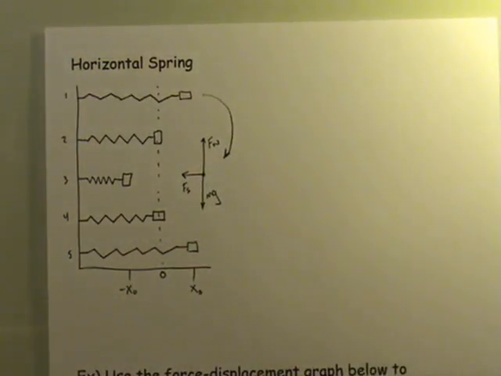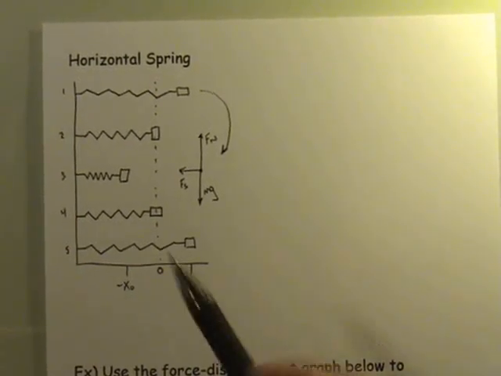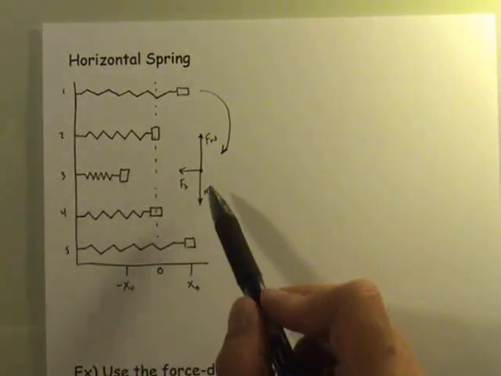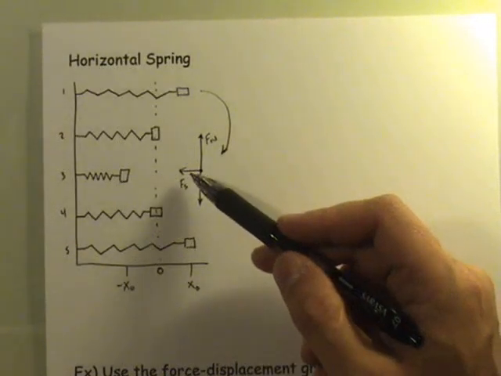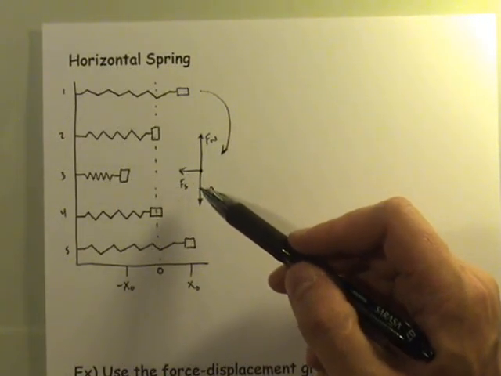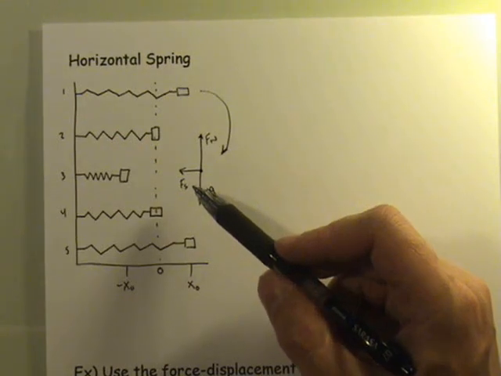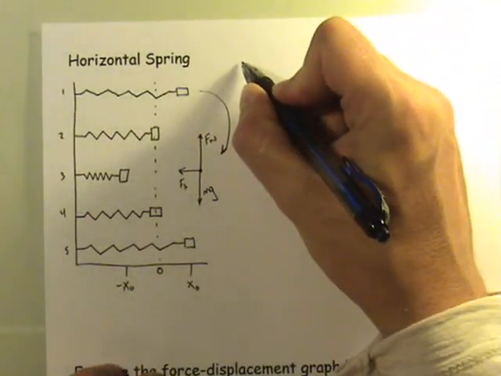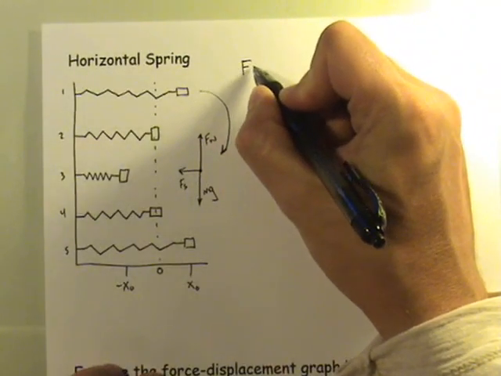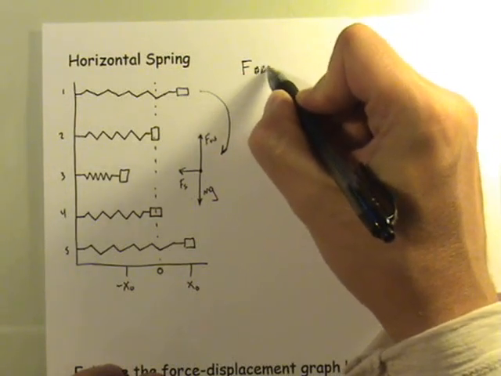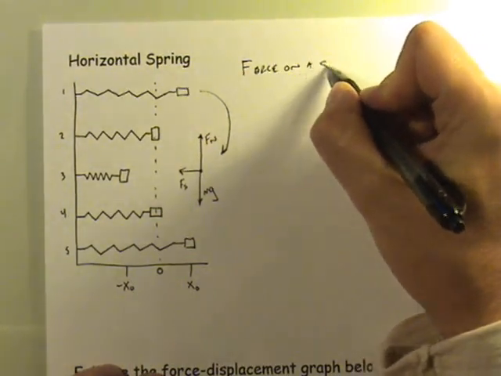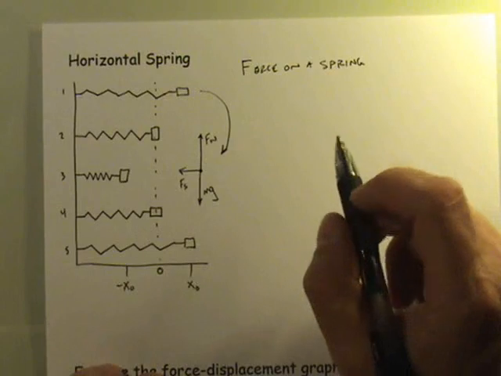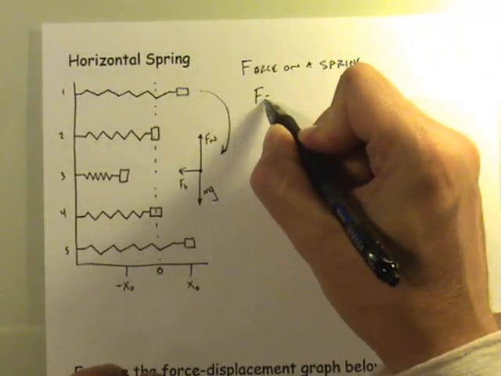So the reason why we're going to focus on this variation of the problem is because the only force that we have to deal with in the direction of the oscillations, which in this case is horizontal, is the force of the spring. We don't have to deal with any combination of normal force or gravitational force and the spring force. It's just simply the spring force, and that is going to make the problem just a little bit simpler. Let me remind you from a previous chapter that the force on a spring was discovered by a gentleman named Hooke, who created something called Hooke's law,